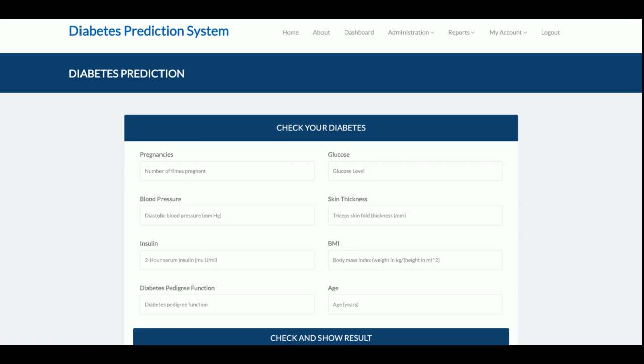And we have implemented 6 algorithms, right? So let me go through the values. This is 6, 148, 72, and I'm using the Kaggle dataset, then 35, 0, 33.6, and after that the value is 0.627 and 50.